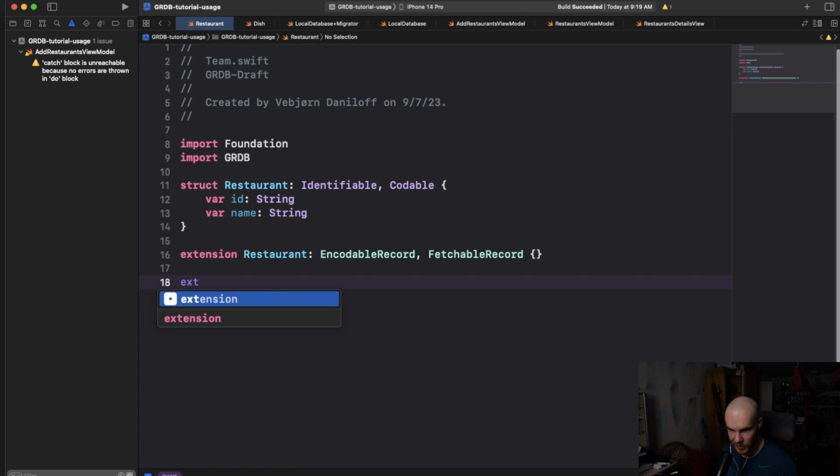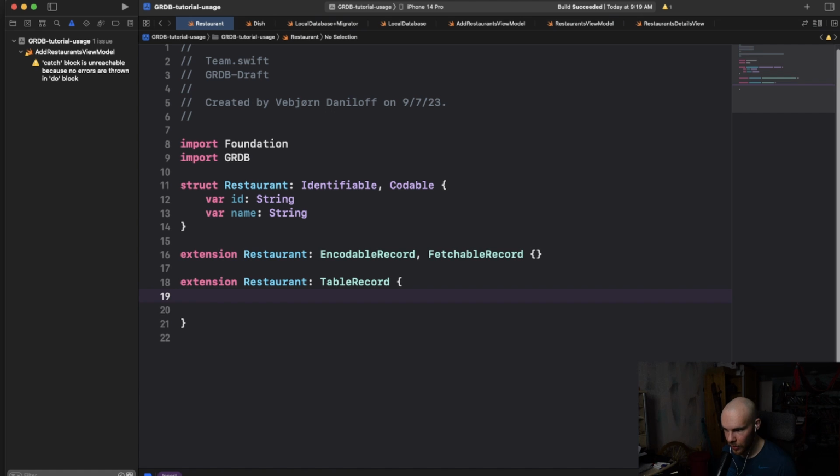So just do an extension again, just to be a little bit clear. So do an extension to the table record. I'm actually going to open this up. And since we also have a more complicated query, because we have one query that involves both of our tables,